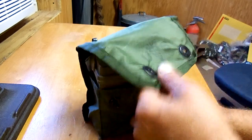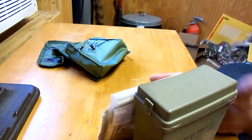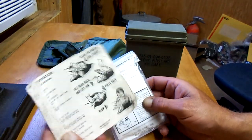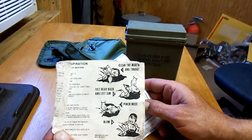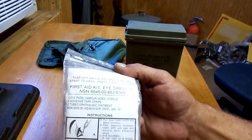You got lift-the-dot snaps there, and then it comes with a secondary case. Most of this kit is original. I have added some stuff. They usually come with some directions, nothing too critical there. This is a military